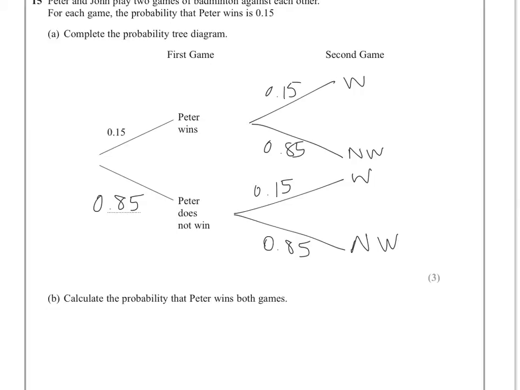Part B. Calculate the probability that Peter wins both games. So he wins and wins, i.e. wins the first and wins the second. In probability, and means multiply, or means plus. So to win the first game, 0.15, and win the second game, 0.15. 0.15 times 0.15, which leaves me with the solution,